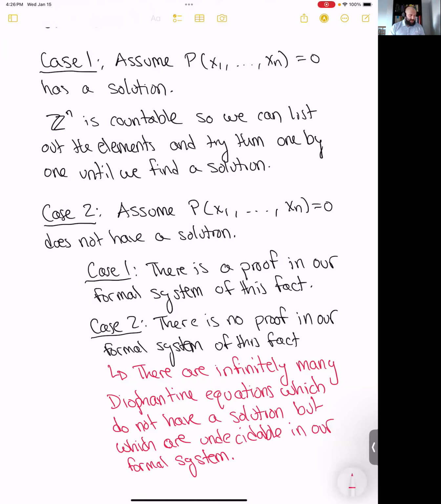Because there are Diophantine equations which I know cannot have a solution, but yet I cannot decide them in ZFC. I can't demonstrate that fact in ZFC. And so it tends to make you feel like there is a notion of truth, or there's some other sense in which mathematical statements can be true, which are not captured by ZFC or not captured by a particular